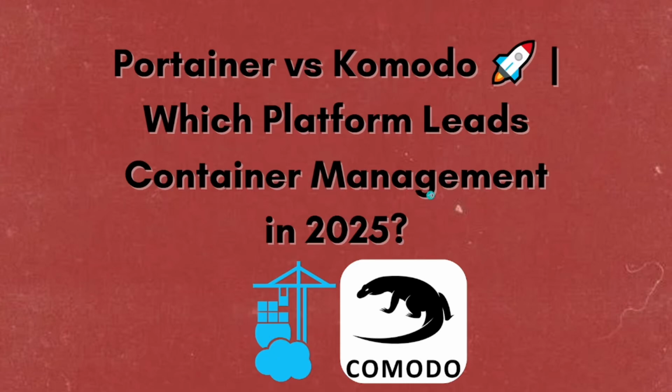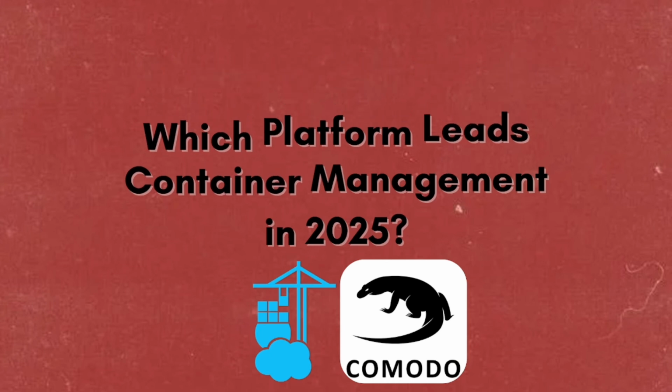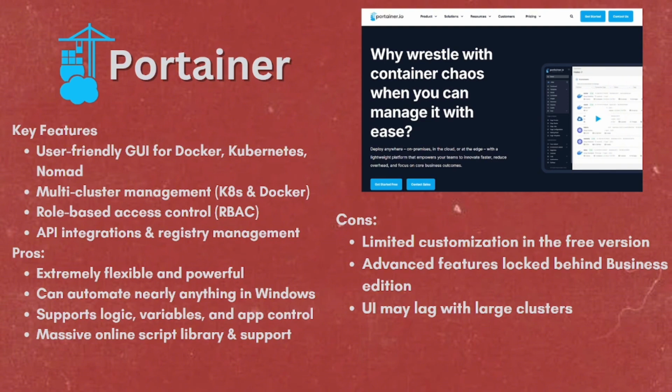Hey everyone, in this video we're going to be comparing Portainer and Komodo to see which platform leads container management in 2025. So first, let's start with Portainer. Portainer's key features are a user-friendly GUI for Docker, Kubernetes, and Nomad, multi-cluster management, role-based access control, and lastly, API integrations